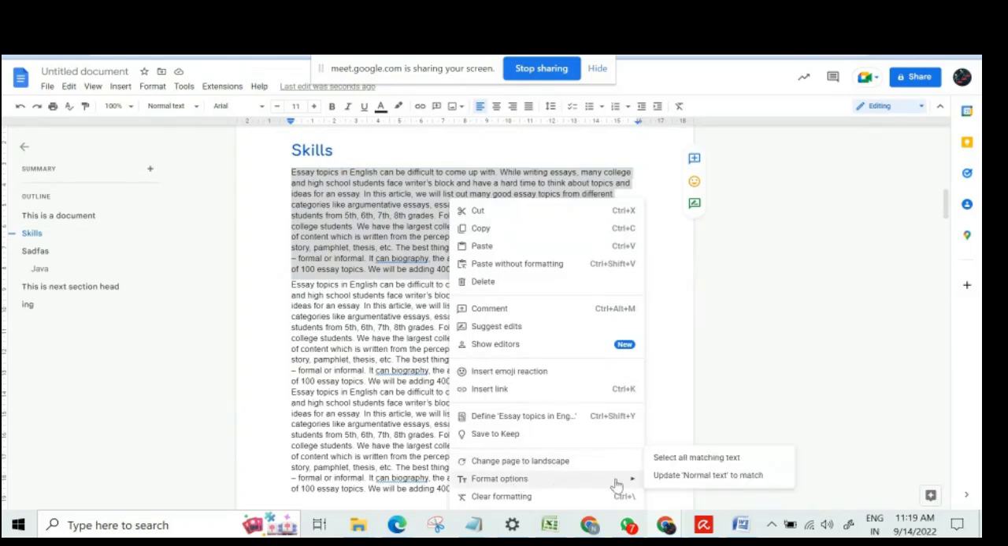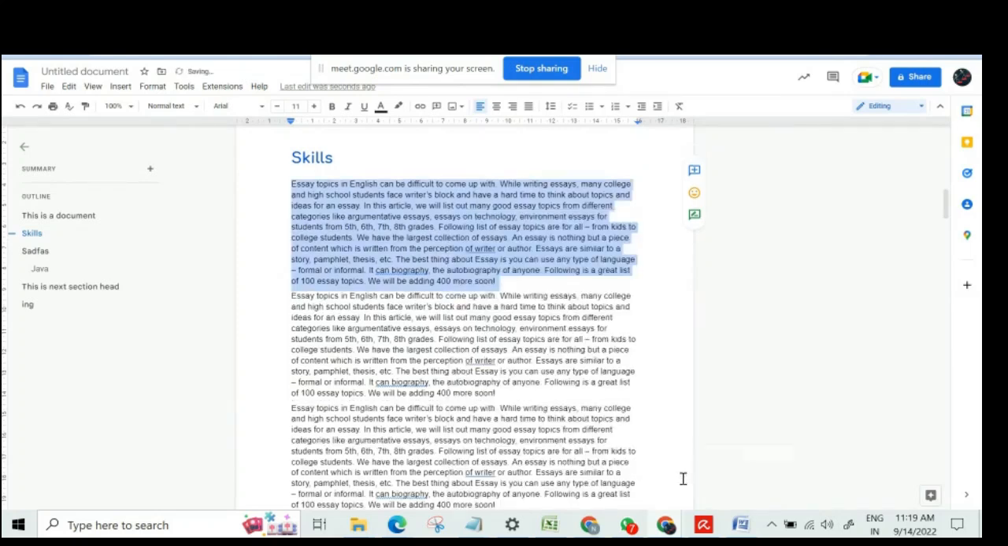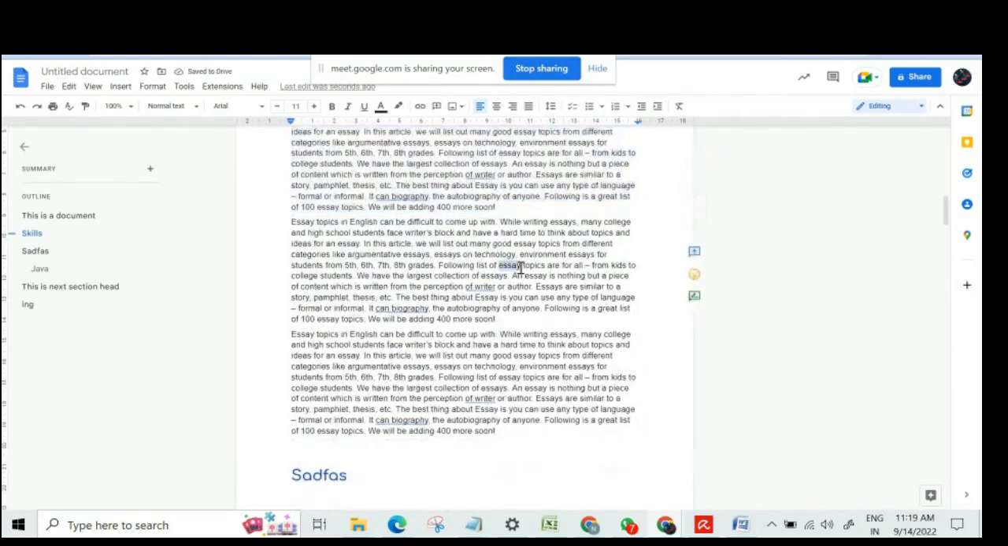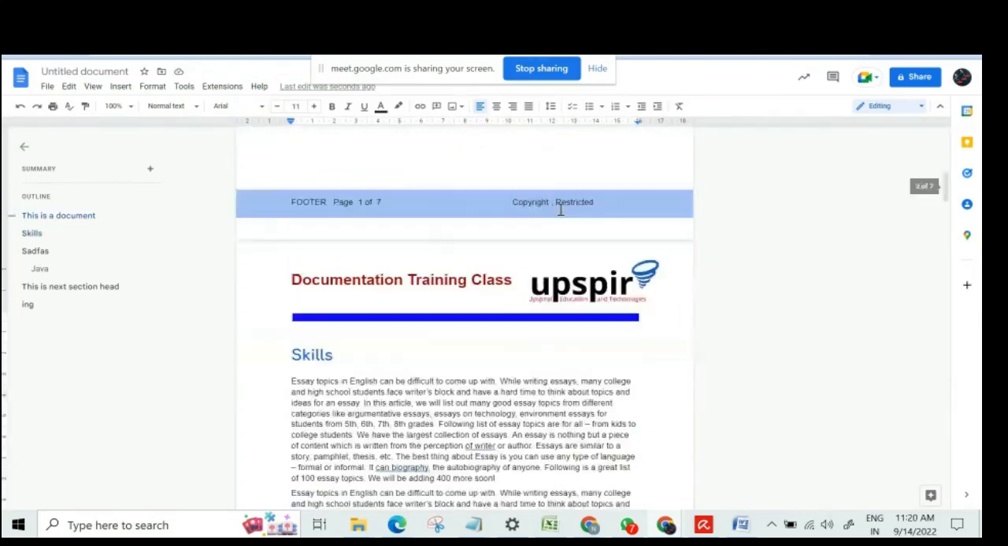अगेन मैं यहाँ पे जाके कुछ नहीं करूंगा, मैं यहाँ पे फॉर्मेट अपडेट नॉर्मल टेक्स्ट टू मैच कर दूंगा। तो जहां जहां मेरा नॉर्मल टेक्स्ट था, जैसे यहाँ पे नॉर्मल टेक्स्ट था, तो इसके नीचे भी वो 6 आ गया। मुझे हर एक सेक्शन को जाके अलग फॉर्मेट नहीं करना पड़ा। So this is one part. Now ये सारी ऑप्शंस आप